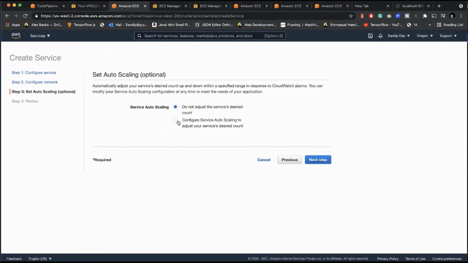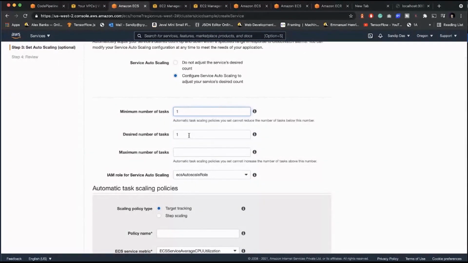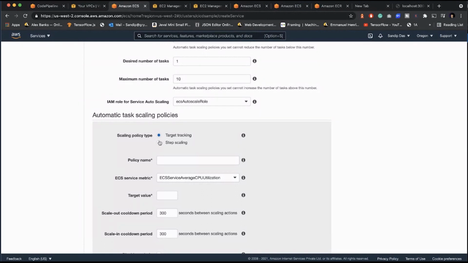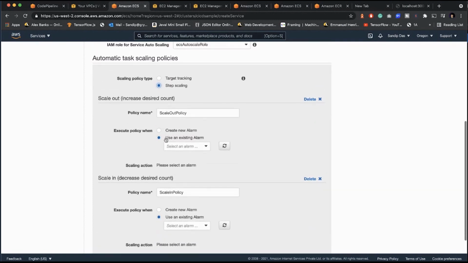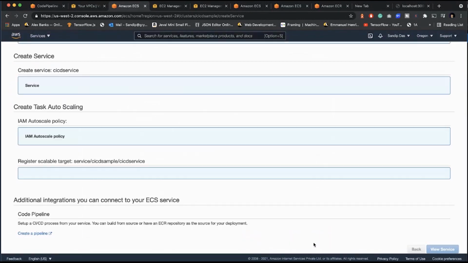Now in the service auto scaling, if you want to make it scalable, you can give a minimum of 1, and desired, if you know that you have higher load traffic, then you can give as many as you want, and you can give how much traffic you can have based on that. There are two kinds of options for auto scaling: automatic task scaling policy, target scaling and step scaling. If you need complex scenarios, then you can go for step scaling. If it's a very simple one, like high CPU, based on the CPU usage, you can add one addition. And if it's low CPU, it will remove the number of tasks running. Now the target value should be, if it's more than 80, we create the automatic new task. Okay, click on next step, and you are good. Let's create the service.